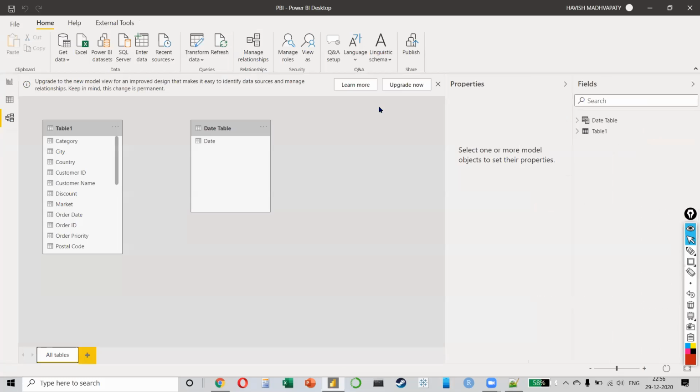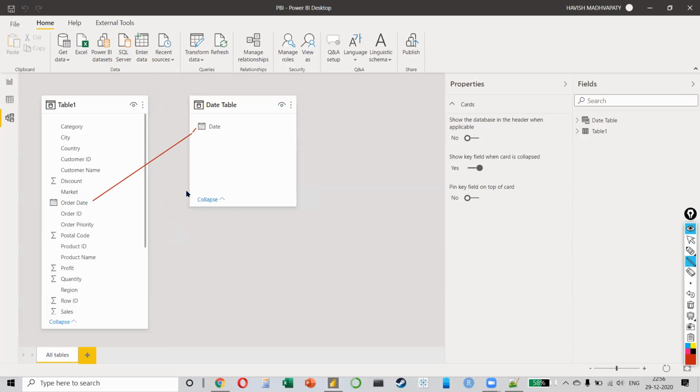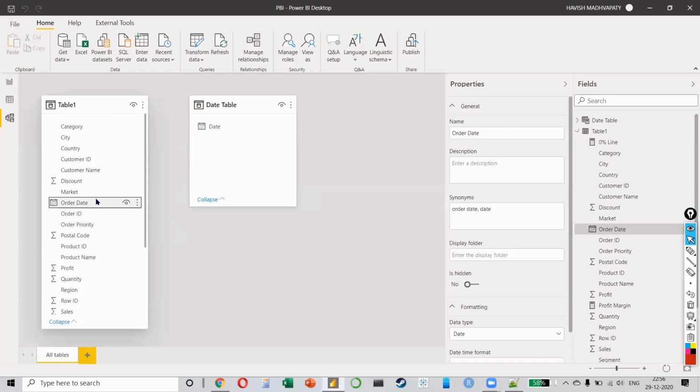Now, do you see what is happening? We have two tables with us. So tell me, which columns have to be connected to each other? Guys, which two columns have to be connected? We want to connect this to this, correct? How do we do that? Very simple.